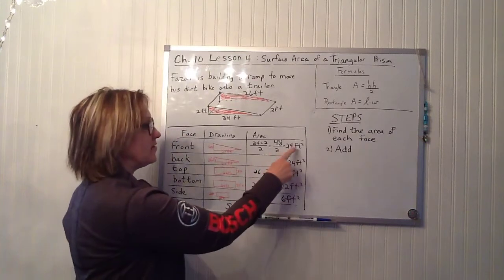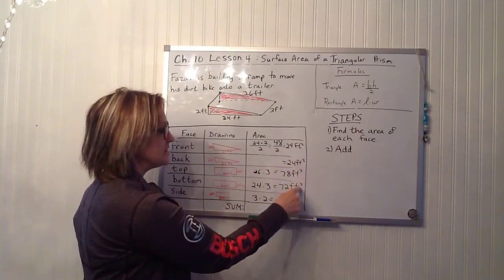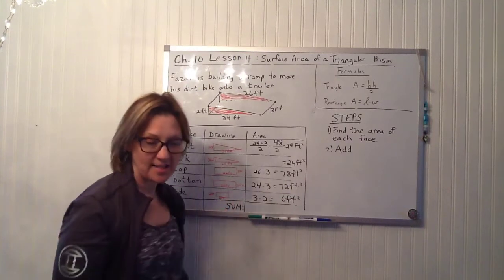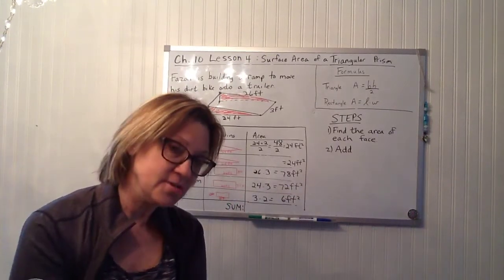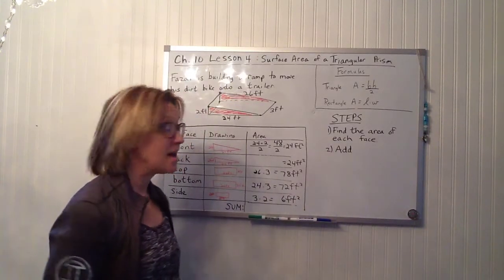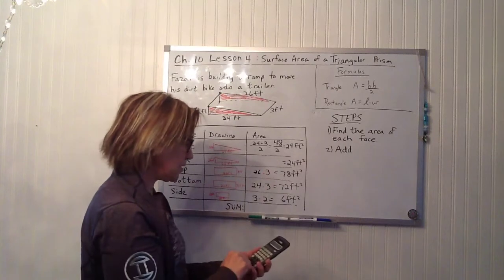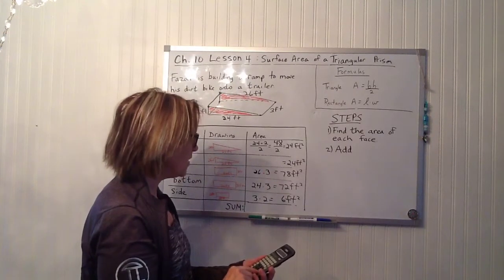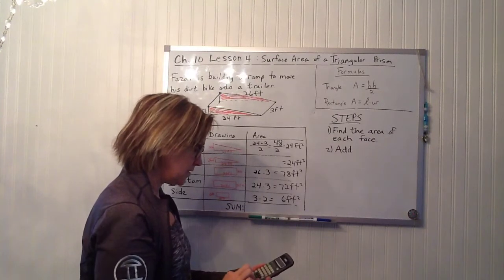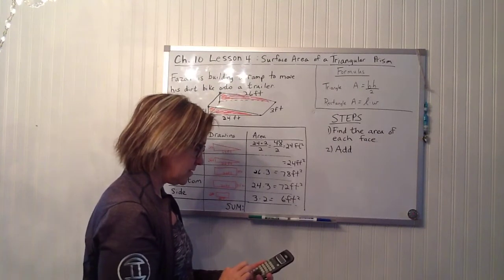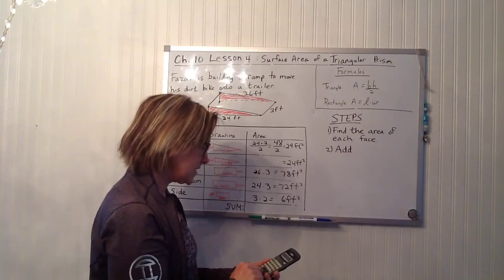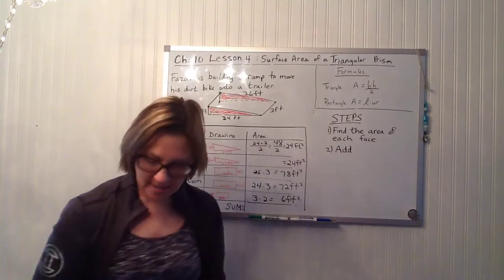So now that I've found the area of each face of this triangular prism, I now find the sum. I just add them together. And feel free to use a calculator. I don't want you to get it incorrect because of a calculating error. So I have 24 plus 24 plus 78 plus 72 plus 6 should give me,